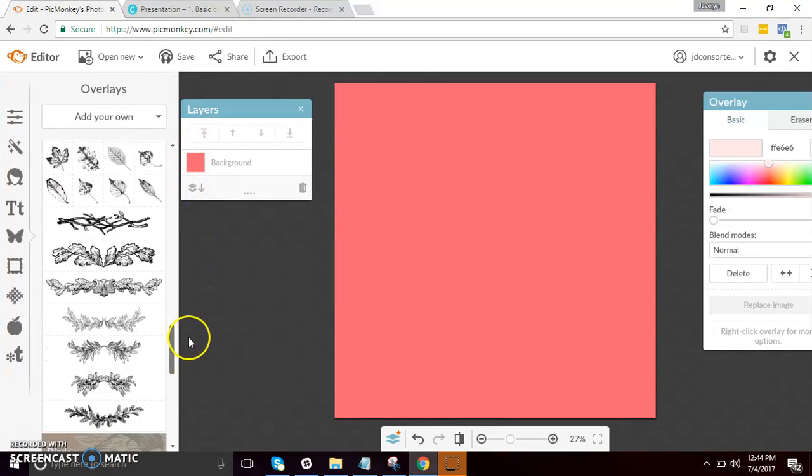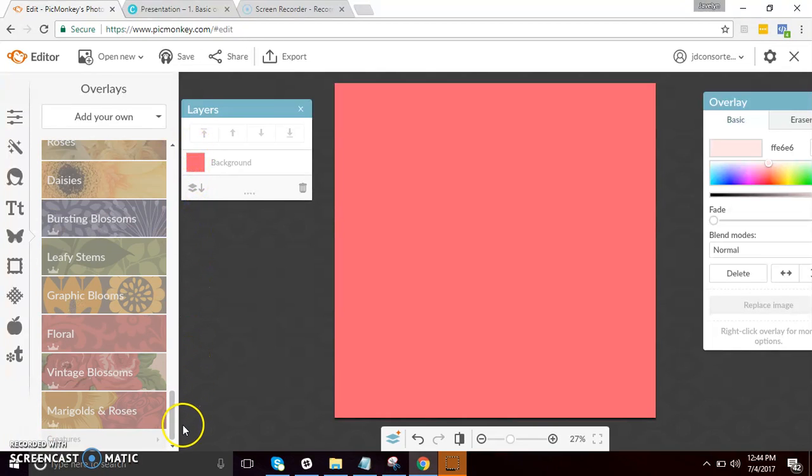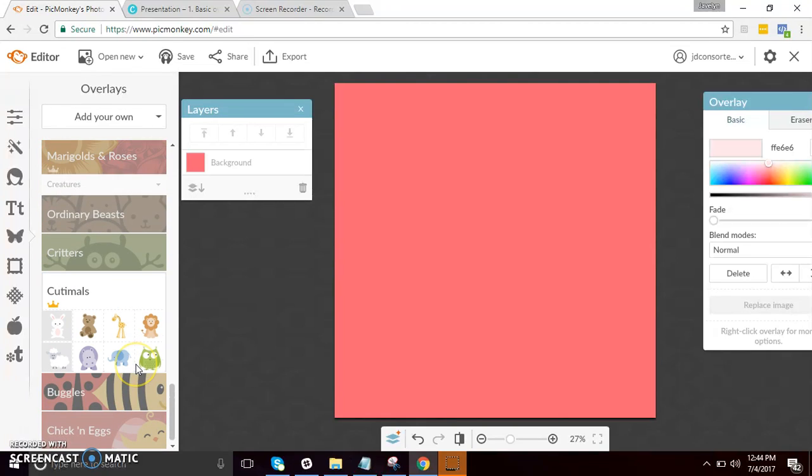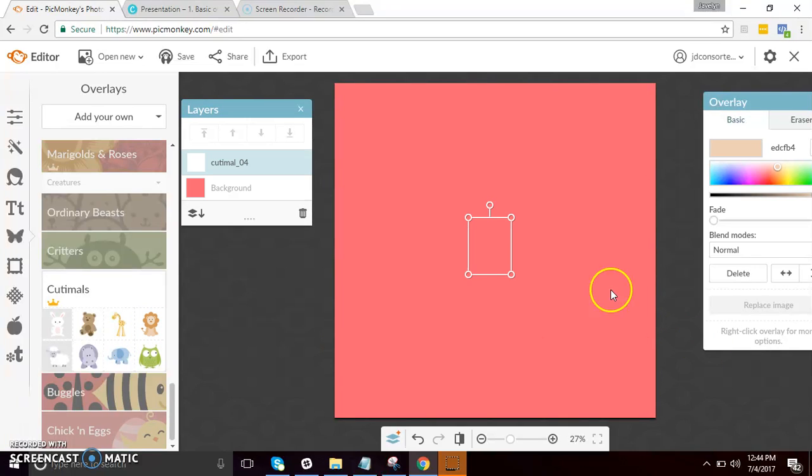For now, let's choose creatures. I like these cutie animals. Let's choose this lion. Adding overlays in your blank canvas is very easy. All you have to do is just click on it and it will appear here.